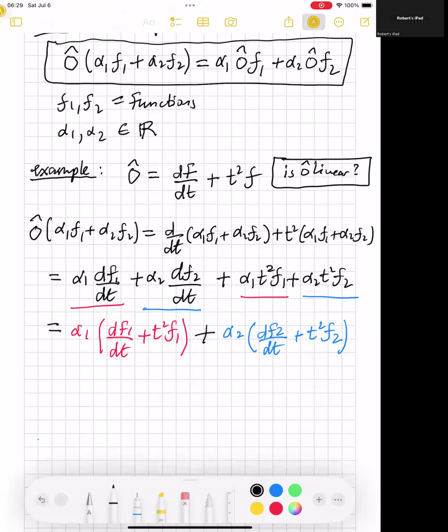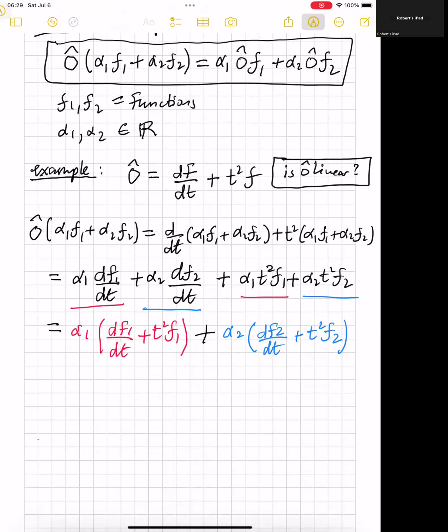This is very easy to identify. The first term is just alpha 1 O hat acting on F1, and the second term is just alpha 2 O hat acting on F2. Well, that's exactly the boxed equation at the top of the page, so we can immediately conclude this is actually a proof that O hat is a linear